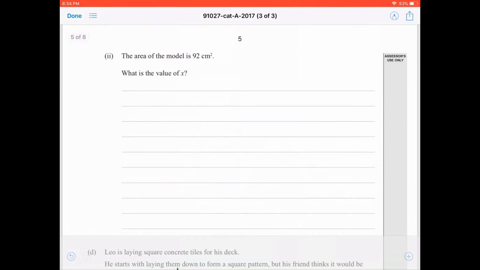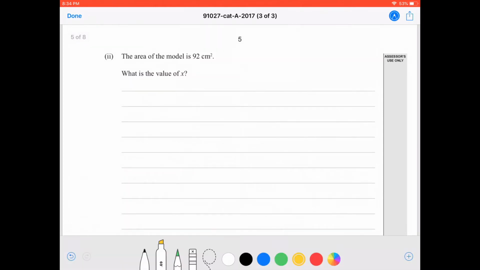Question C2 now. The area of the model is 92 centimeters squared. What is the value of x? So we need to set up an equation for the area. So we know area of a 4-sided shape is base times height. So the total area for our L shape